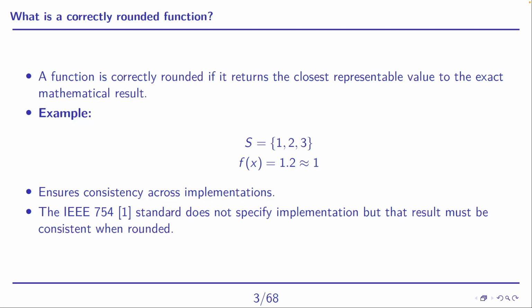I have a very simple example here. Let's say that we have a set of representable numbers: 1, 2, 3. I have a function f and a value x over which I want to evaluate the function. When I do that, the exact value is 1.2. But within my set of representable values, I don't have 1.2. So in that case, the function should return 1, which is the closest representable value. And as you can see, this is going to ensure consistency across implementations. So that means that I can move whatever I'm doing to another system or another implementation, and I'll still have